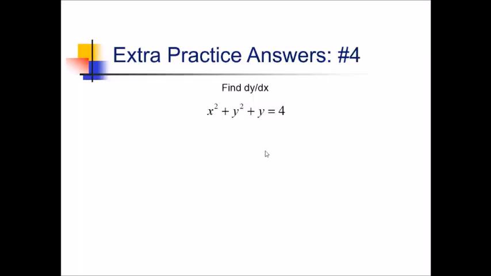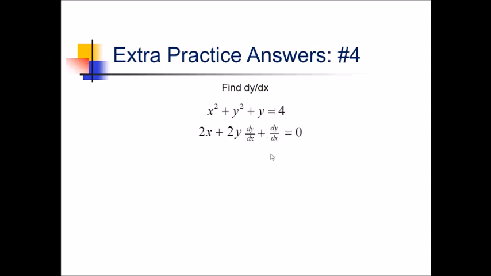For number 2, we want the derivative of this equation. Because it's difficult to isolate y, impdiff is definitely the way to go on this. Going left to right, we've got 2x plus 2y times dy over dx, plus dy over dx, derivative of y. You could also write y primes instead of these dy dx's,